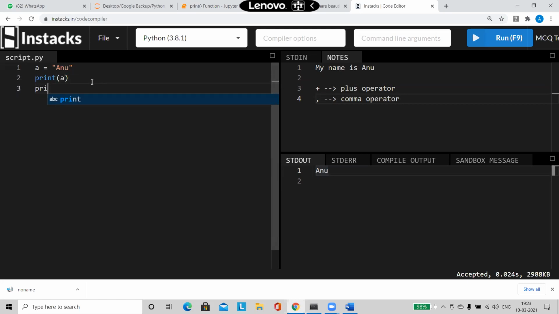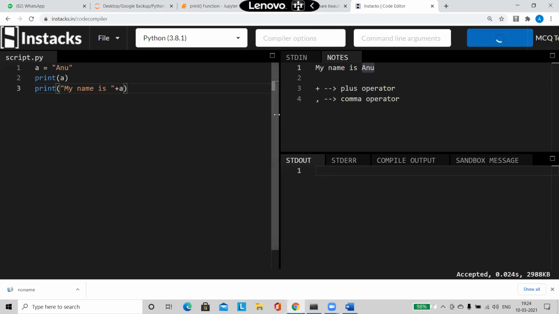So here I'm going to say print. What is the string I want? My name is. This should come. So let me just copy this. And I already told you, whatever you want to be displayed in the output screen, we have to put within double quotes. So put this within double quotes. After is, I want a space. After is, one space should come, then only the name should follow. So after is also put a space and then close the quotes. Now add the plus symbol and then put the variable name.